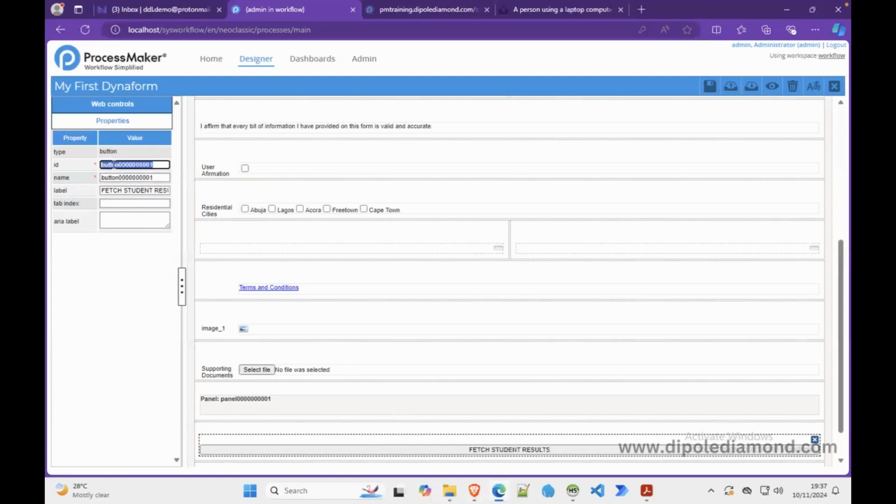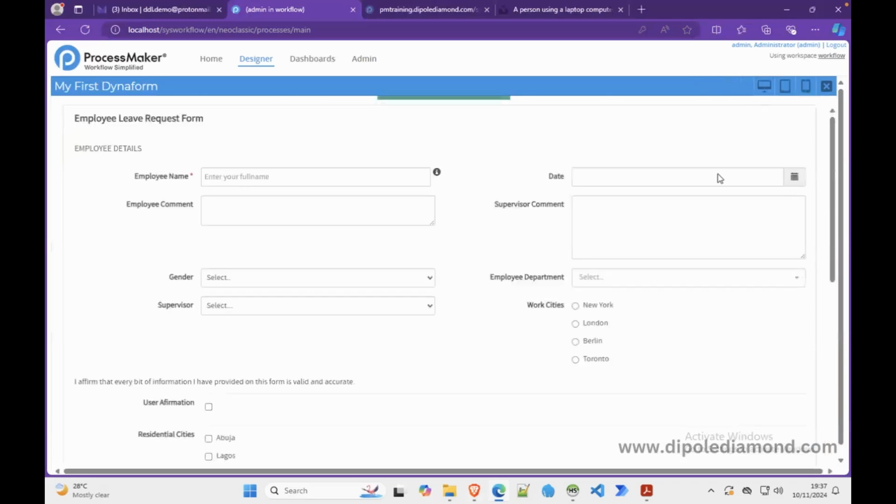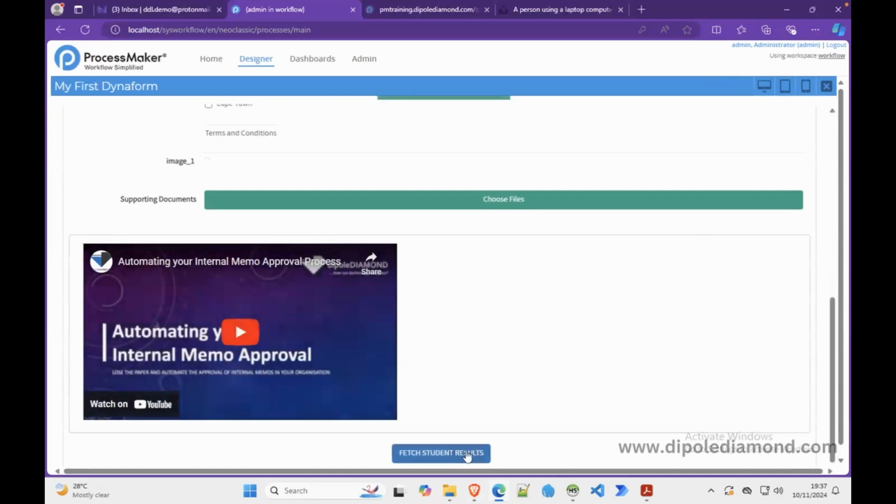and we can put the ID to be BTN fetch, or I like putting BTN as a suffix rather. So it will be fetch underscore BTN, and we'll copy what is there and make the name the same thing. So when you preview, you have something like this. If you click on this, you see that nothing happens because there's no JavaScript functionality tied to this particular